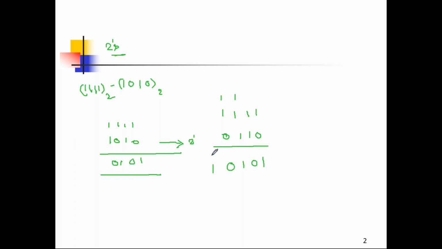Okay, please listen. This is the end carry in this process. In 2's complement subtraction, if there is any end carry, that carry should be omitted or discarded. Discard that carry. Please listen and keep it in your mind, very important thing. Discard this carry. Discard means what? Omit this carry. Don't worry about this carry. Simply leave it.